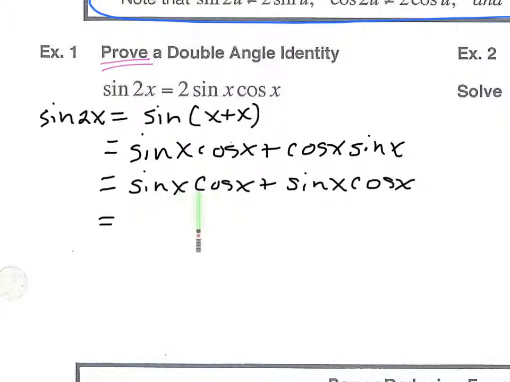If I have one of these and I add one of those, how many of these do I have? 2 of those, and aren't those sine of x cosine of x's? So when I combine like terms, because they are 2 like terms, I have 2